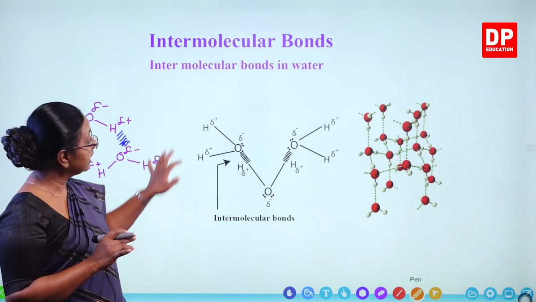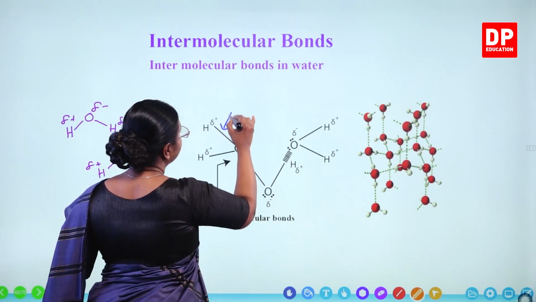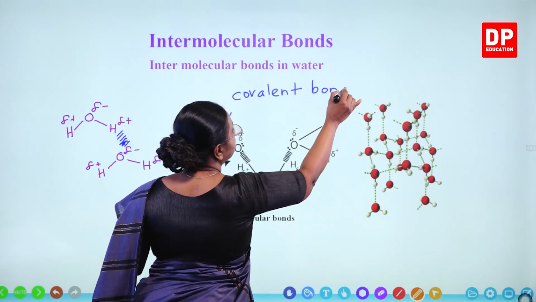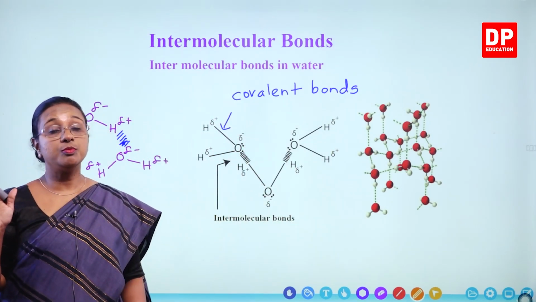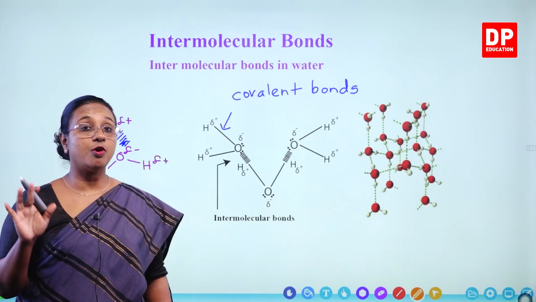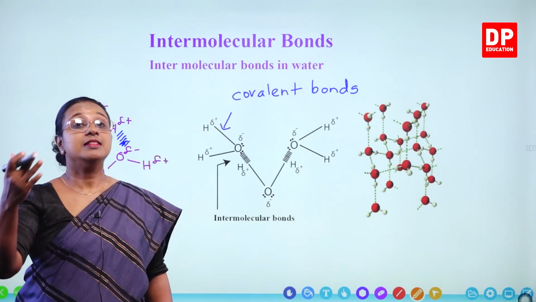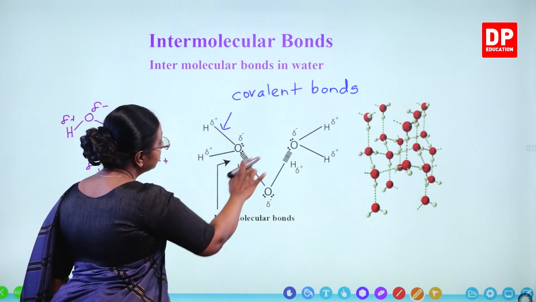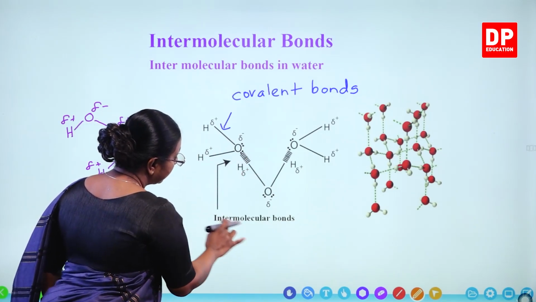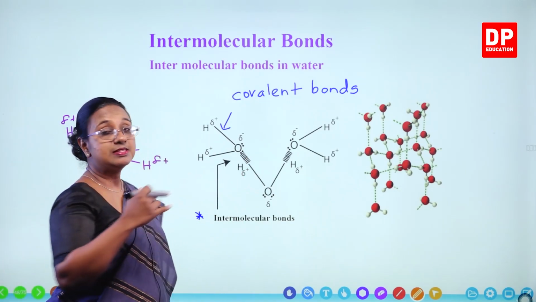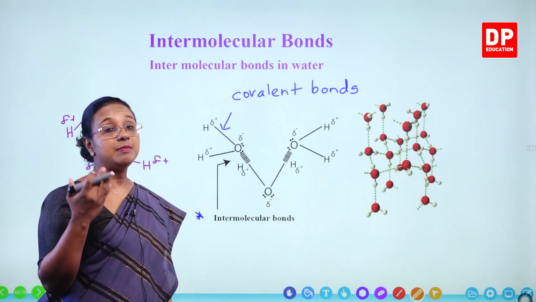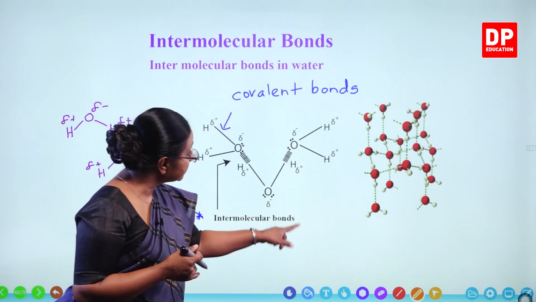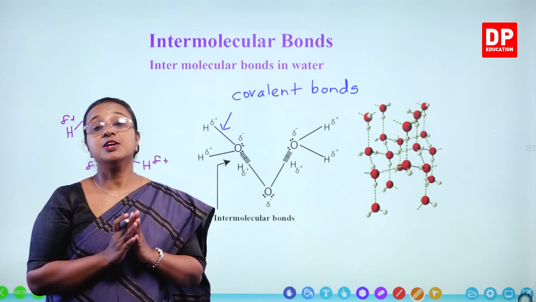Now you know already the covalent bonds. These are the covalent bonds. These are somewhat strong bonds. That is why, as we discussed before, when they form atomic lattices like carbon and graphite, they have high melting and boiling points. But here, in addition to these covalent bonds, there are these intermolecular bonds. We will see that it is given a special name. It is called hydrogen bonds. We will discuss that with extra knowledge after this.